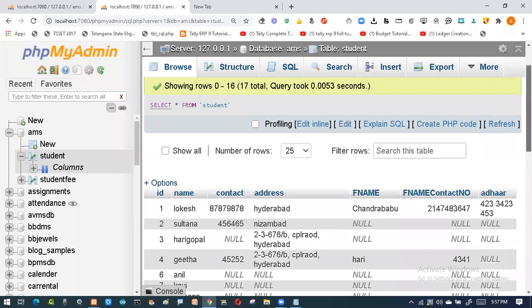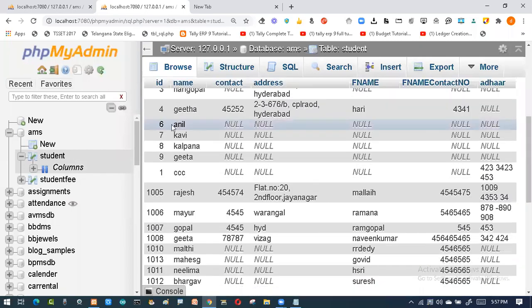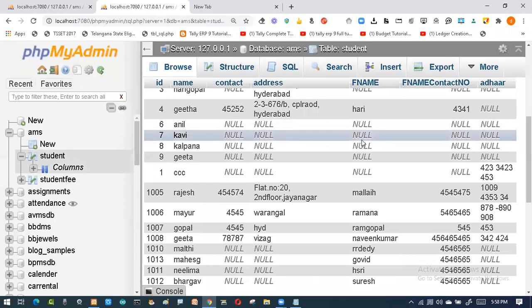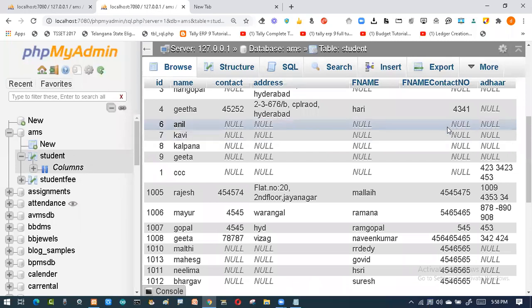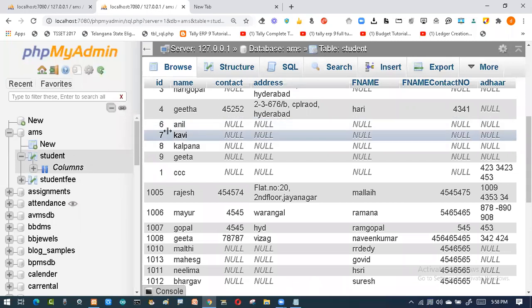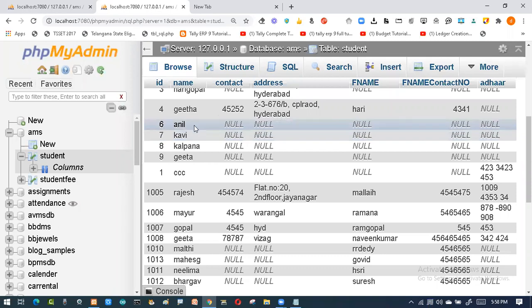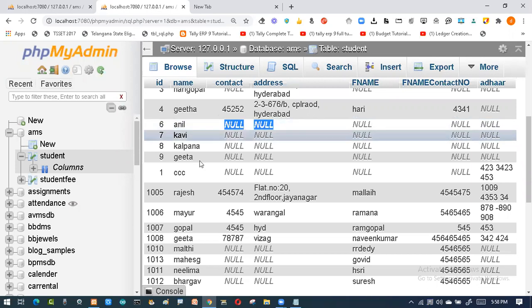Here some data is there which is empty. So I remind that person, I call them. I don't have his contact number, I don't have his address, I don't have his name, not his father name, not his Aadhaar number. I have just his name and the ID. I waited for a long time and this person is not at all coming and has not reported whether he has joined the college or not. Like this, few people are there. So I want to delete these people.